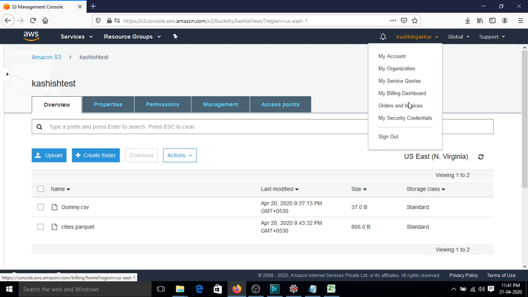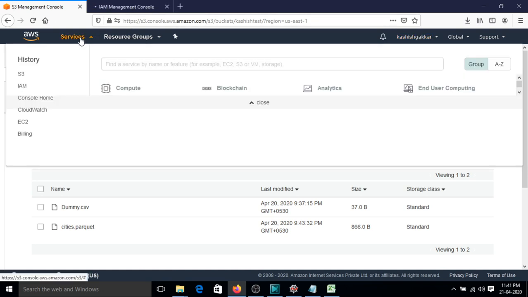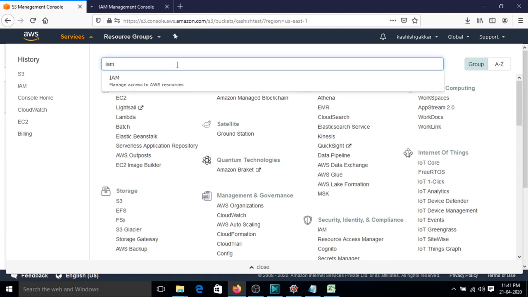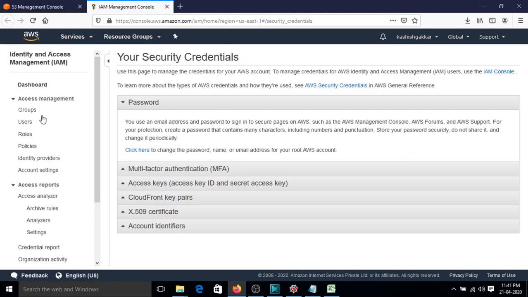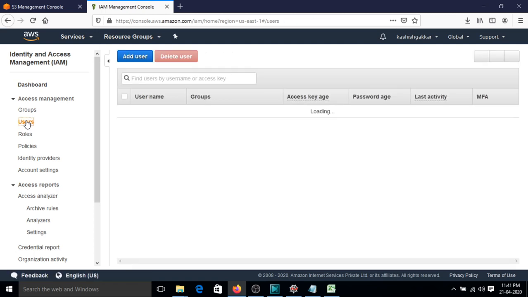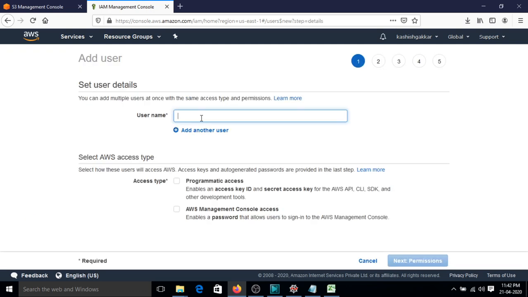For that, just go to your account and select my security credentials, or you can go to services and search for IAM. So here you can access IAM. I have already opened it. Let's go to users. We will create a new user through which we will grant access to Python to make a connection with S3. Click on add user. Let's add a user, something like python test,